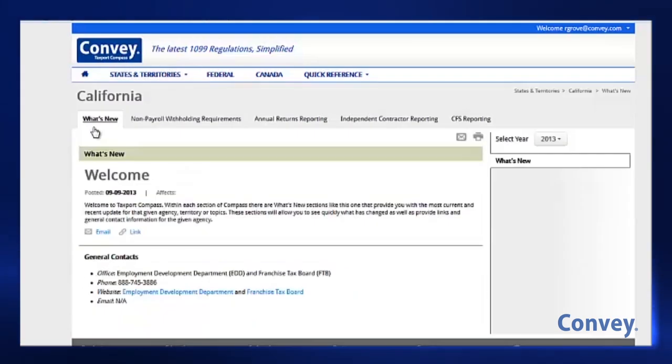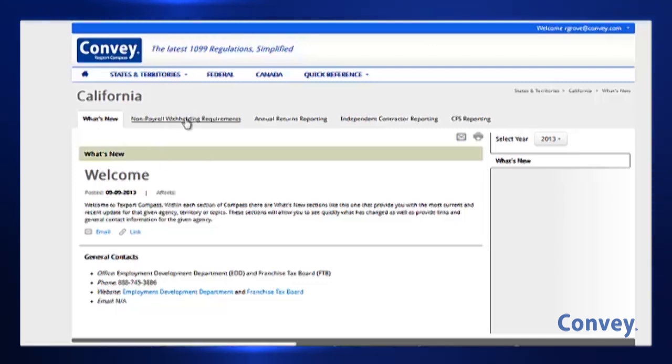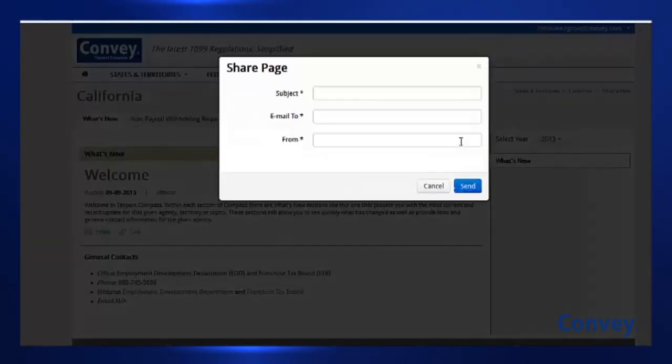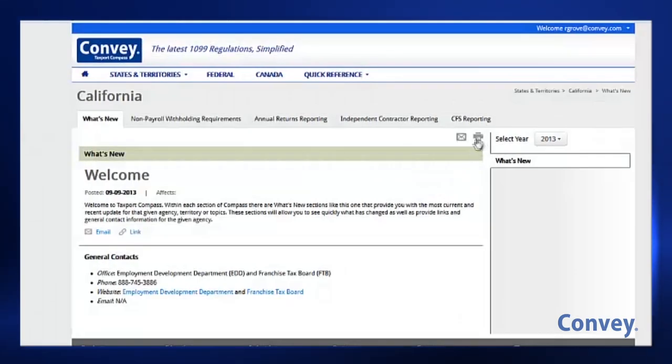Back to California. You'll see within a given state, this navigation is actually going to be laid out the same state to state to state. So we're going to have non-payroll withholding requirements, annual returns reporting, independent contractor reporting, and CFS reporting. You'll also see on all the pages that we're going to have an icon here to email to other users a page and information that you want them to be aware of, as well as a print screen option to be able to format into a print screen